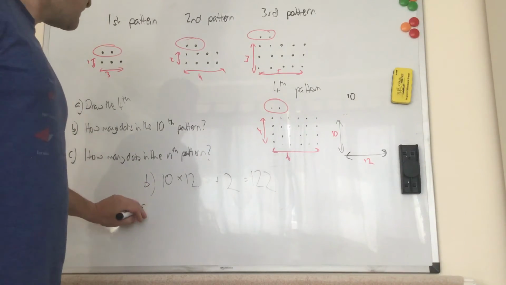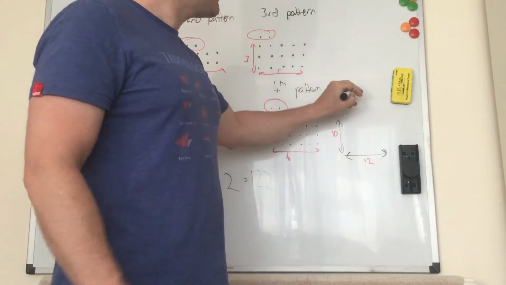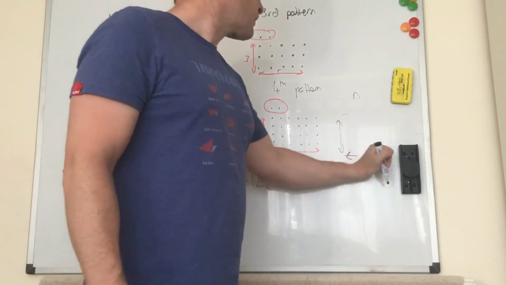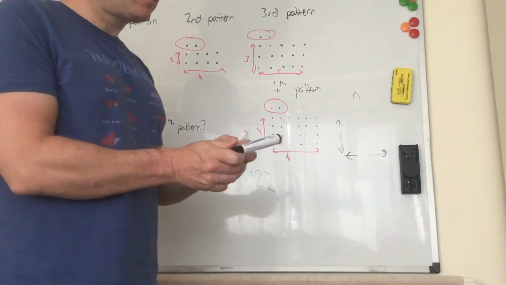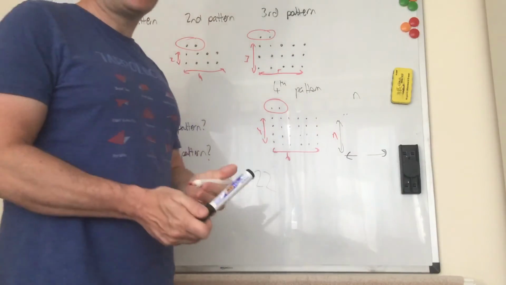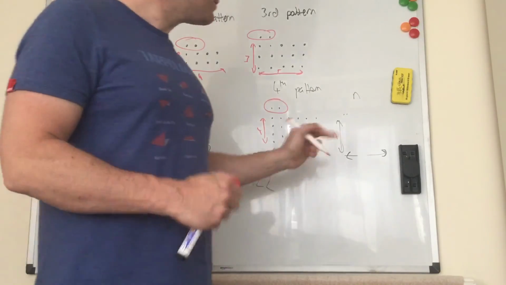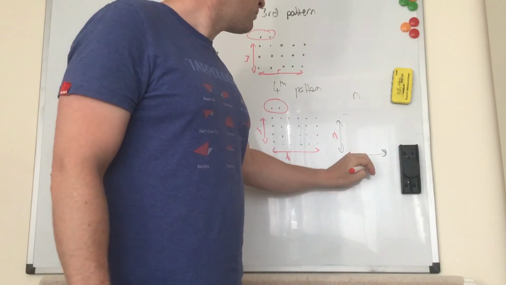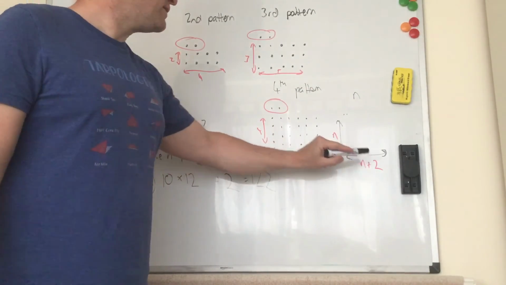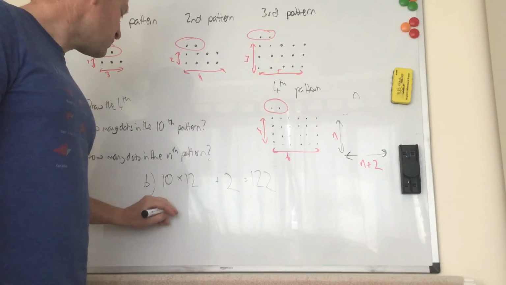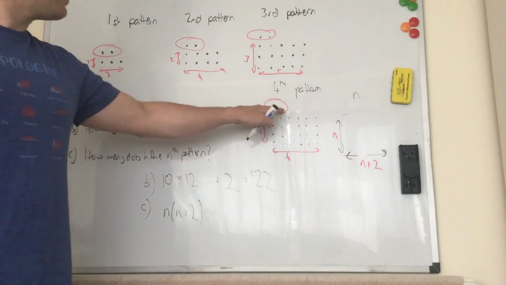Okay. C, how many dots in the nth pattern? Well, if I change this from 10 to n, how many dots am I going to have going down? I've got 1, 2, 3, 4, so that's just the pattern number, which is n. I've got n dots going down. Going across, I've always got 2 more than I've got going down, so 2 more than n is n plus 2. So to work out the number of dots in that rectangle, I have to do n times n plus 2, which we write like this, n times (n + 2). And then I have to add on the 2 dots at the top,